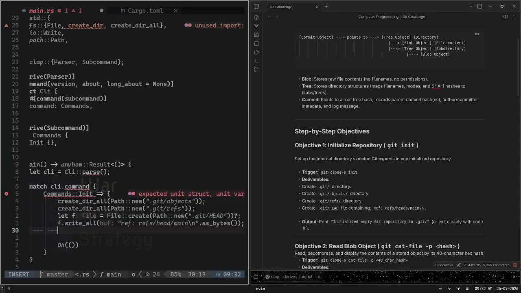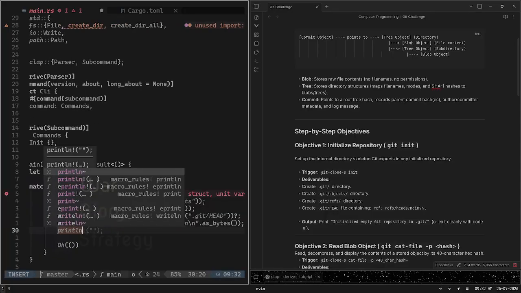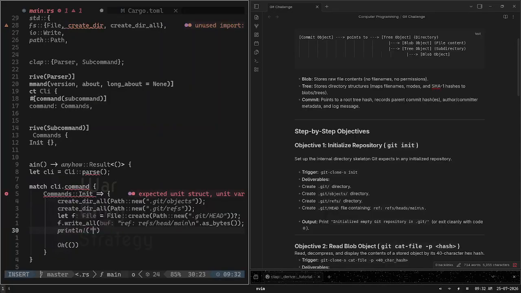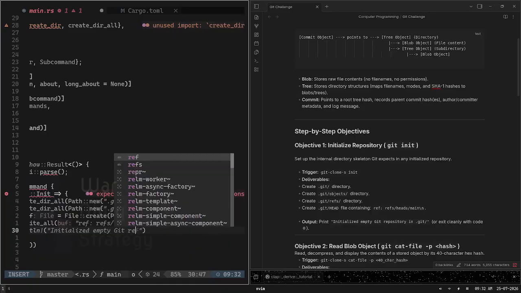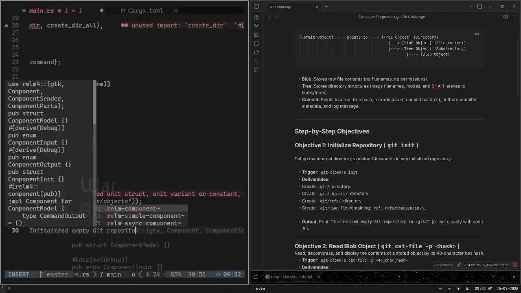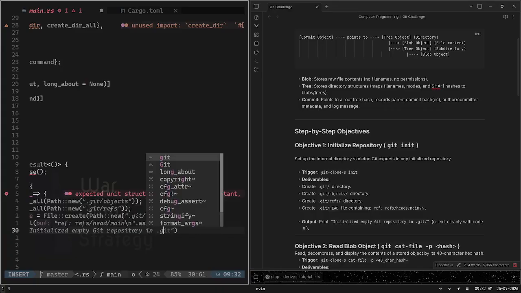At the end, just println: Initialized empty git repository .git